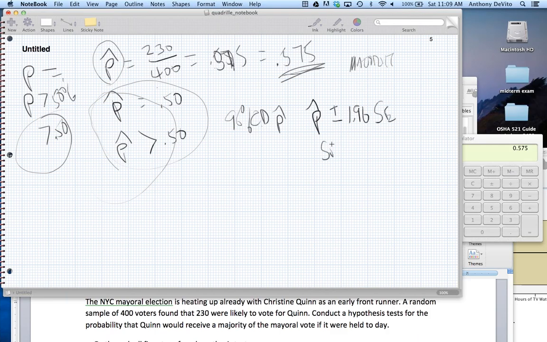Our standard error is the square root of p times 1 minus p over n. That's going to be the square root of 0.575